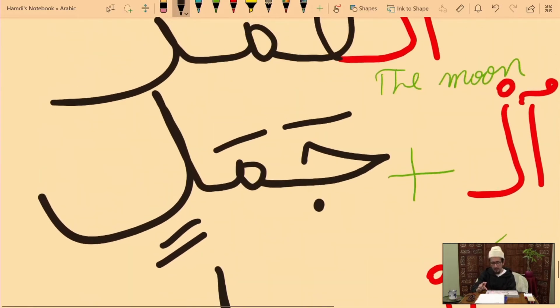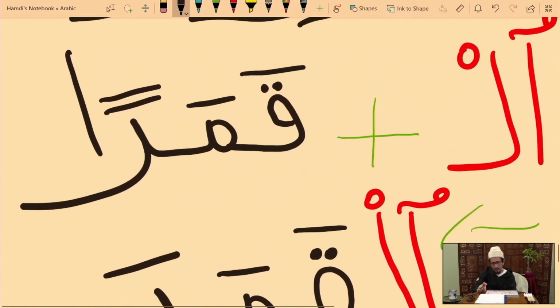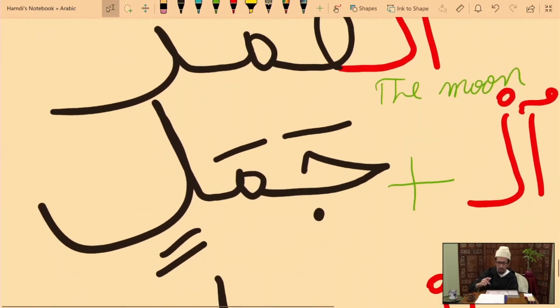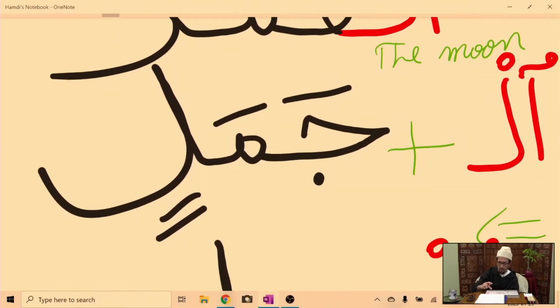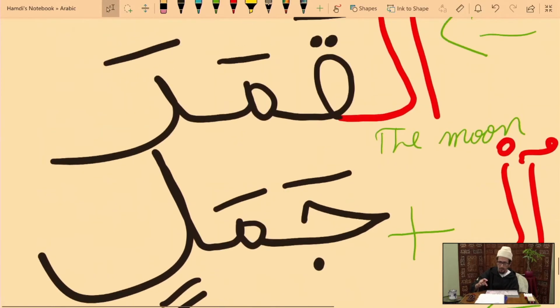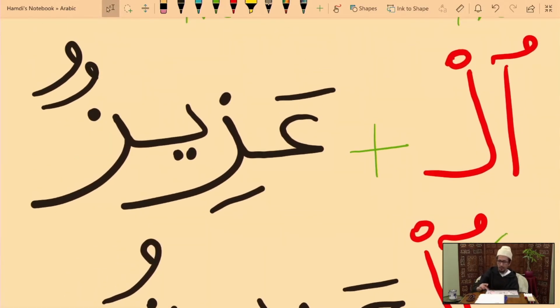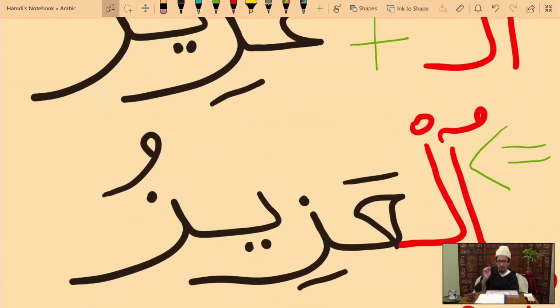So you see that every time "al" comes, all it does is remove one of the double movements. That's it. We have 2 fathas, we get only 1 fatha here. We got 2 kasras, we get only 1 kasra. And on top, we got 2 dhammas, here we get only one dhamma. That's the phenomenon of